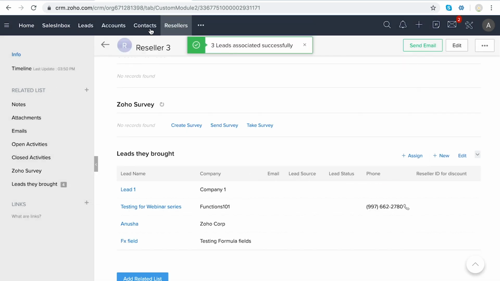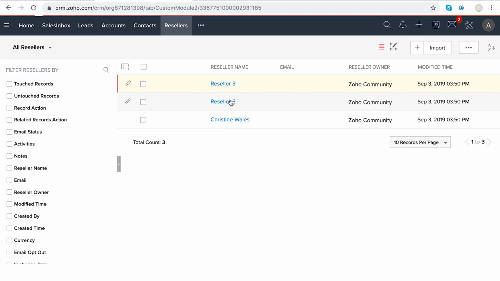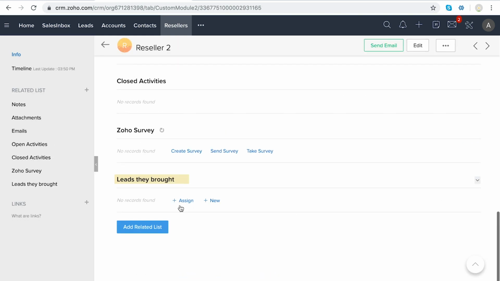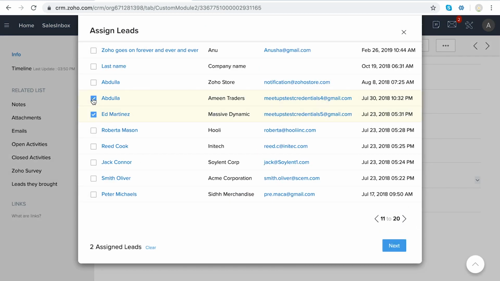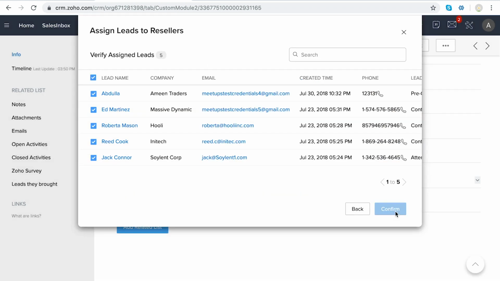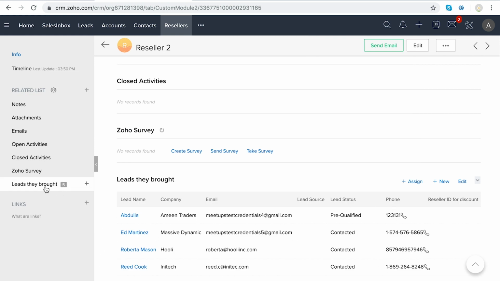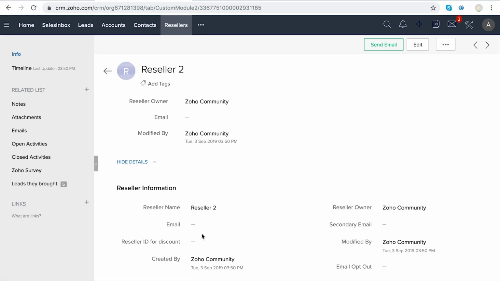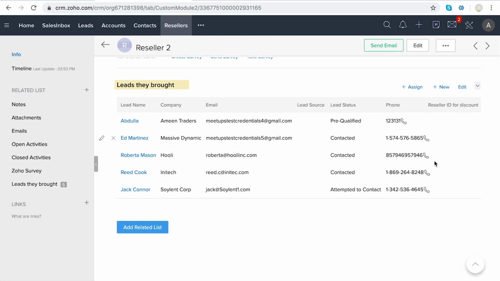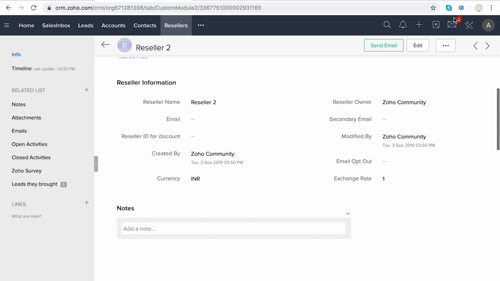All right. Now I'll also need to check out reseller 2. So let me go into that and assign a couple over here as well. Let's pick some from this section. Alrighty. So now we have 2 new resellers with 5 leads each. And we're going to apply this automatically. As soon as I go into reseller 2 and I update this value, all of these will also be updated, right? If you want to do it that way, go back to your function,